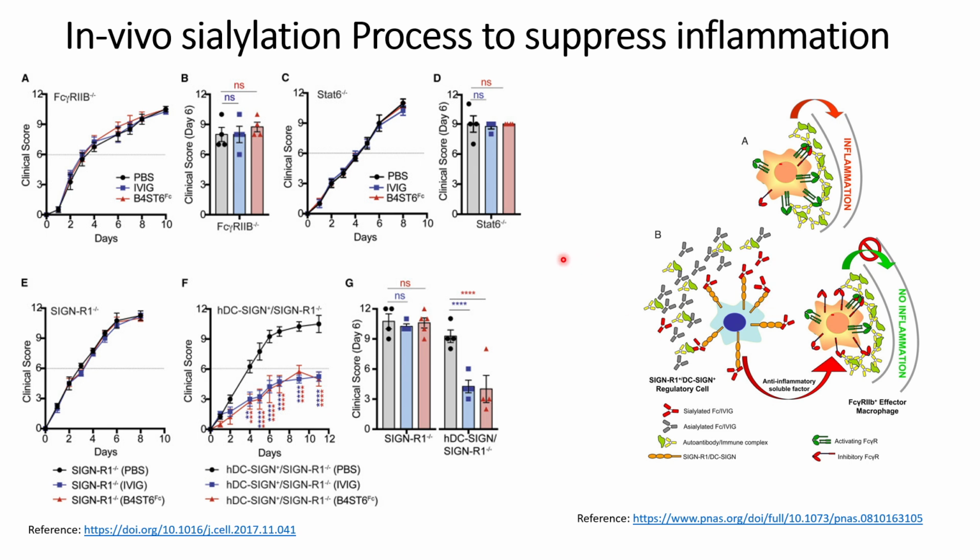From these experimental results, they have pointed out that the in vivo sialylation follows the same process that has been previously published, that it will interact with SIGN-R1 or DC-SIGN, and thereby